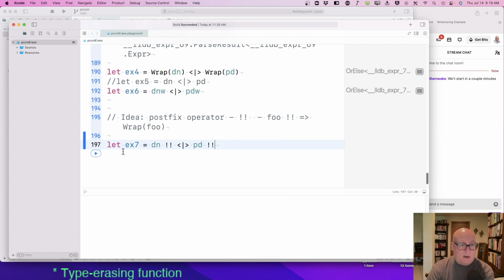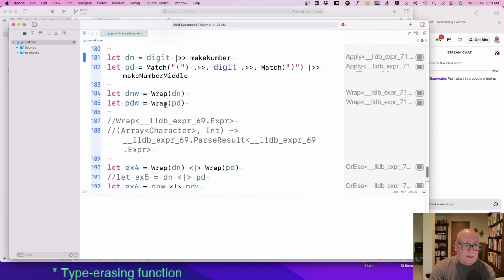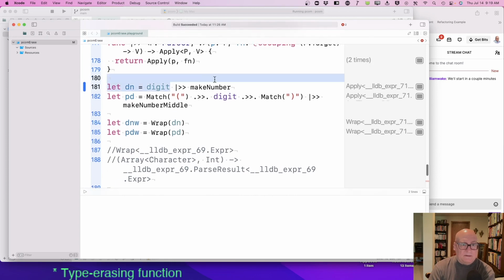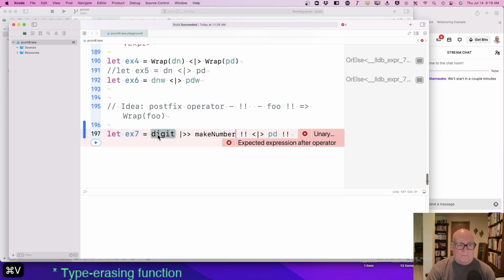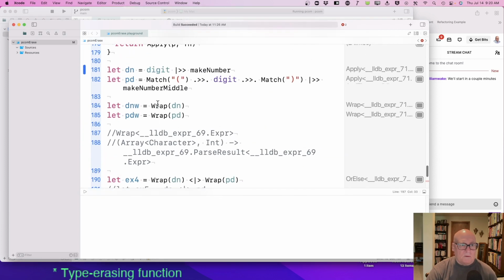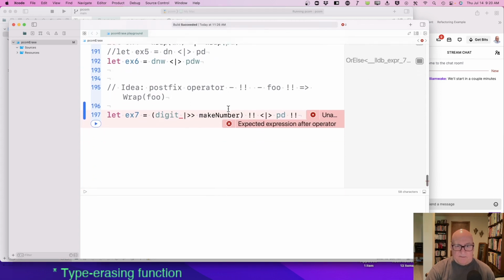Okay, this won't compile because we don't have this operator. Or you could inline that like this. We'll have to make sure the precedence of this is right, but I can certainly parenthesize. Or this mess.